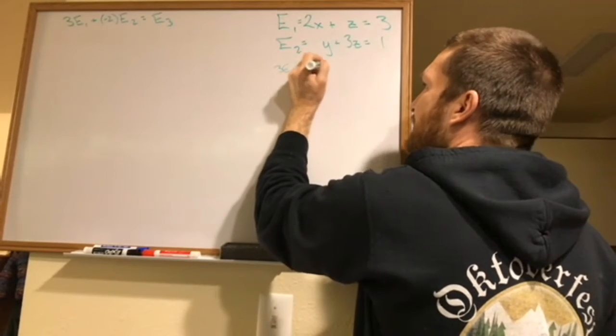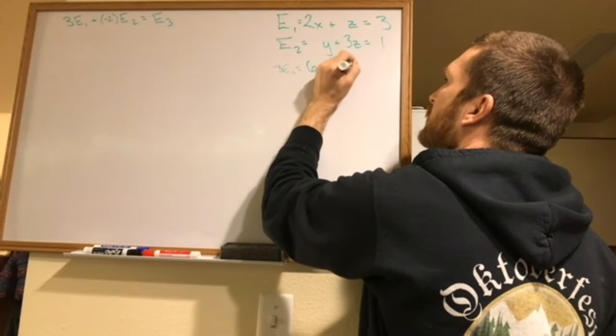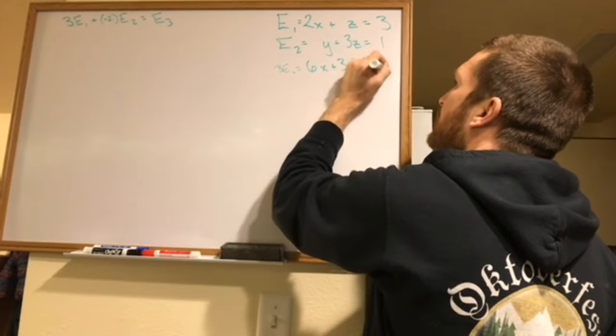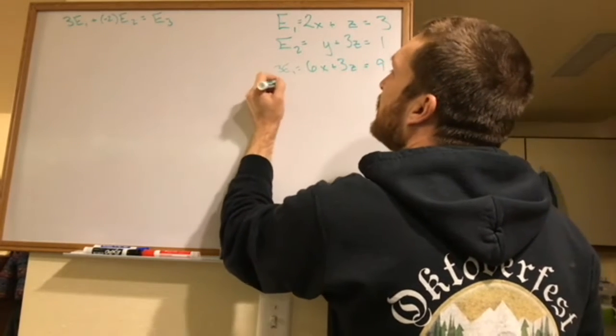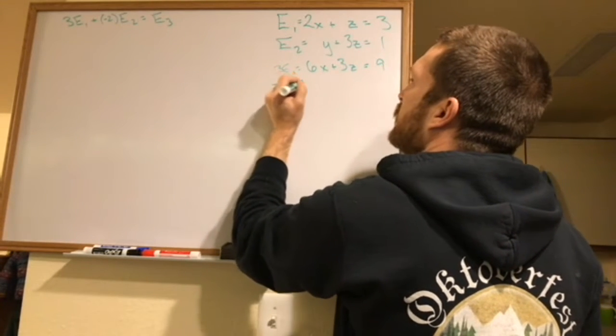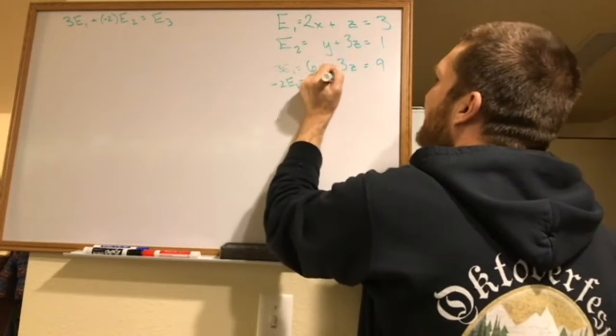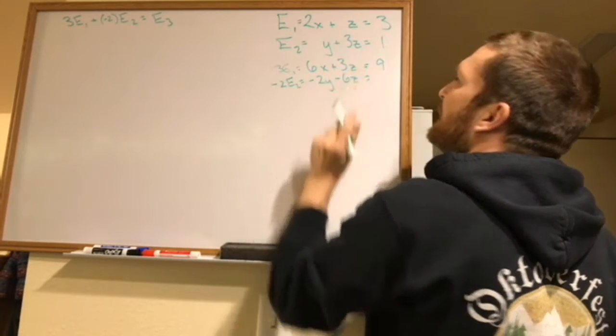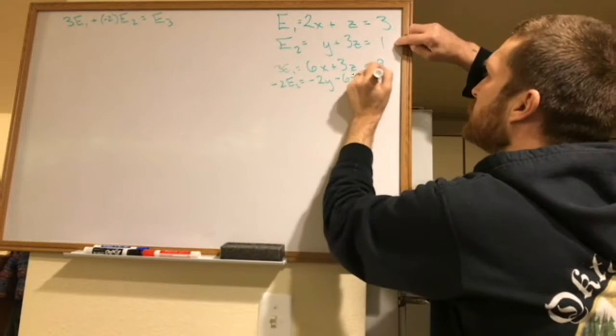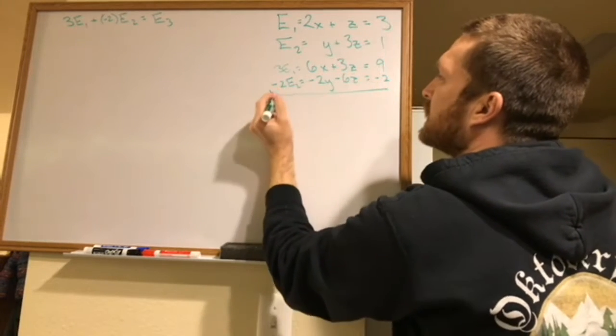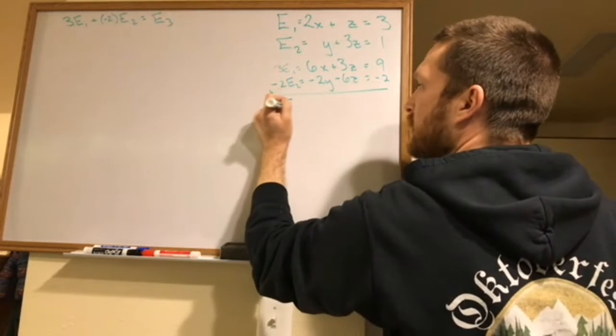That'd be 6x plus 3z equals 9. -2 times E2 would be -2y minus 6z equals -2. Adding those all together gives me my new equation, E3,